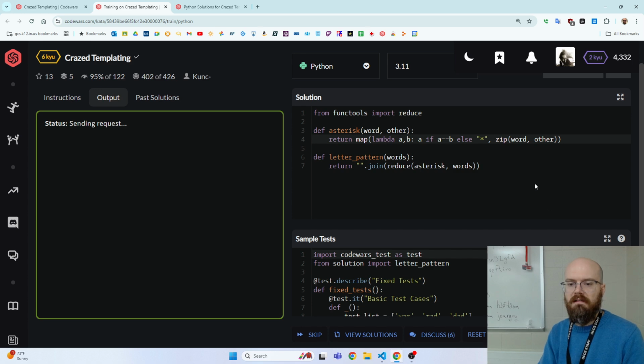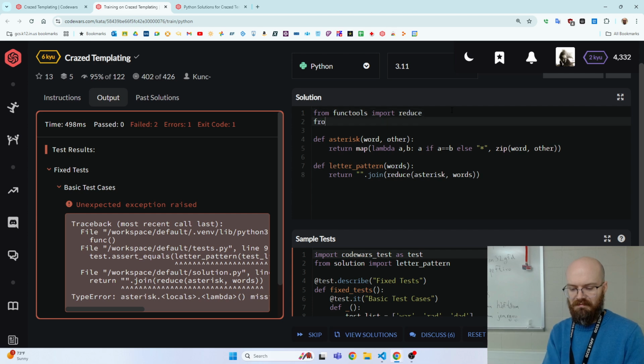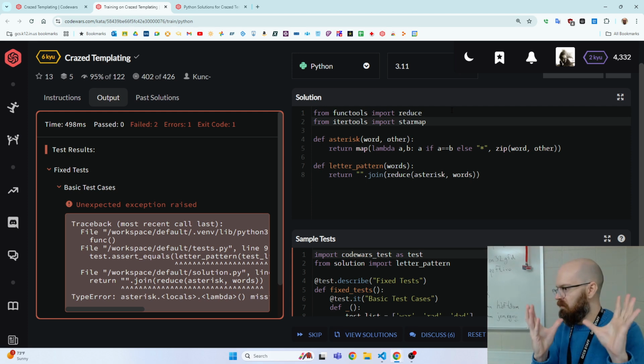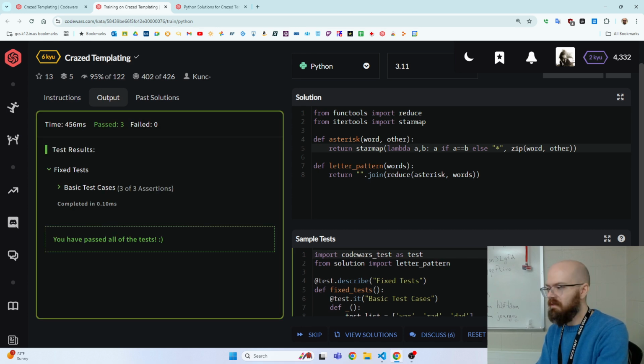What if we do that? Yeah, they're going to say, hey, the map is one thing, but it's 2, so we need a thing called star map to crack it open. When you get the zip, you get 2 things. Okay, now it's not worth it anymore. I don't feel like this is cute enough to be